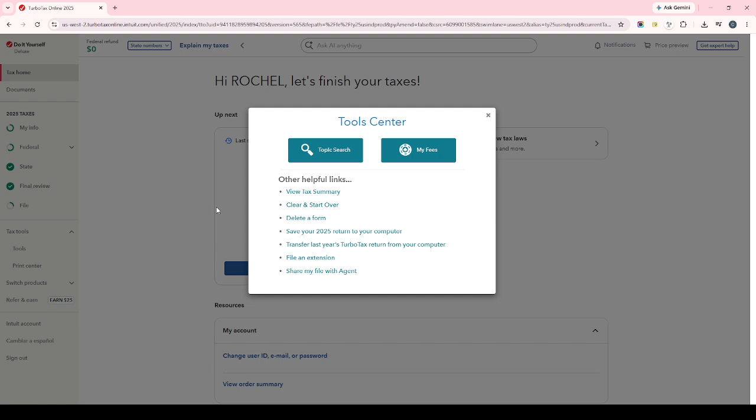This option lets you open a preview of your tax return as a PDF, so you can review the actual form layout instead of just the interview screens. This is especially helpful if you want to double-check figures, verify reported income, or simply keep a clean copy for